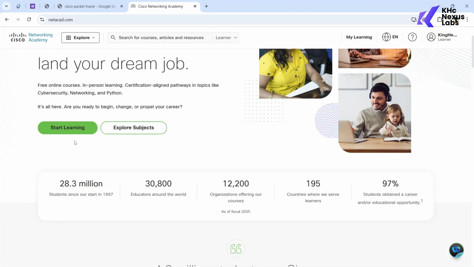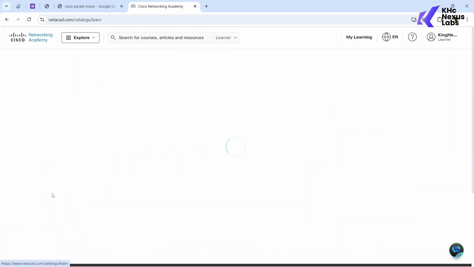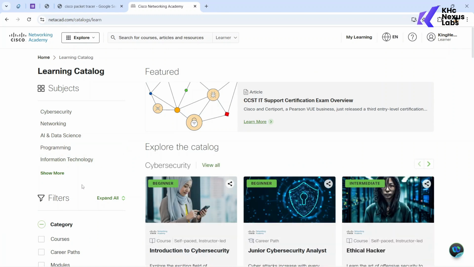First of all, you really have to create an account with the Cisco NetAcad, which is like their networking academy. And then you create an account, it's completely free. And then once you log in, you're going to find something like this. And then you really have to complete a course to be able to download the